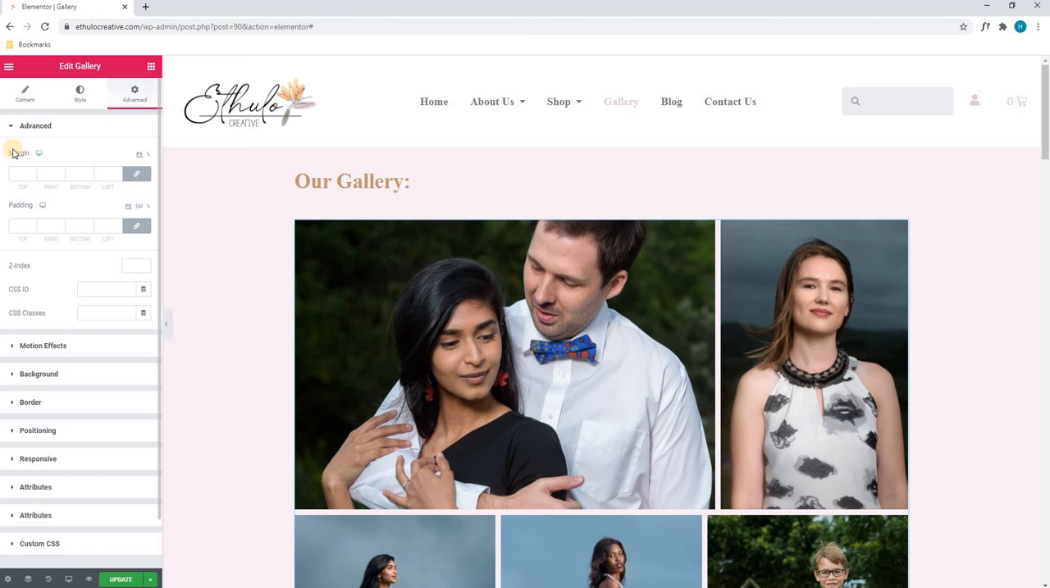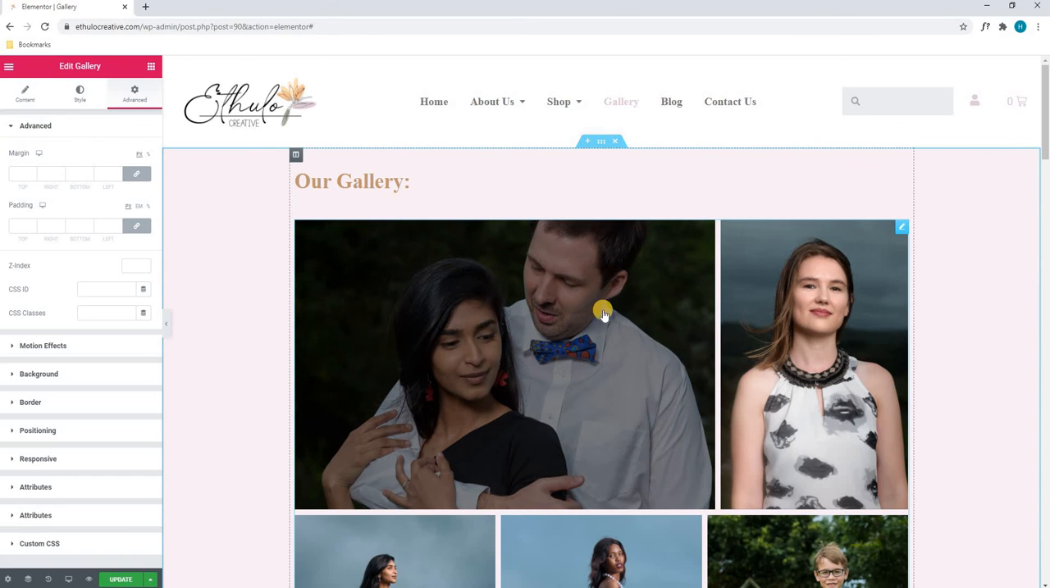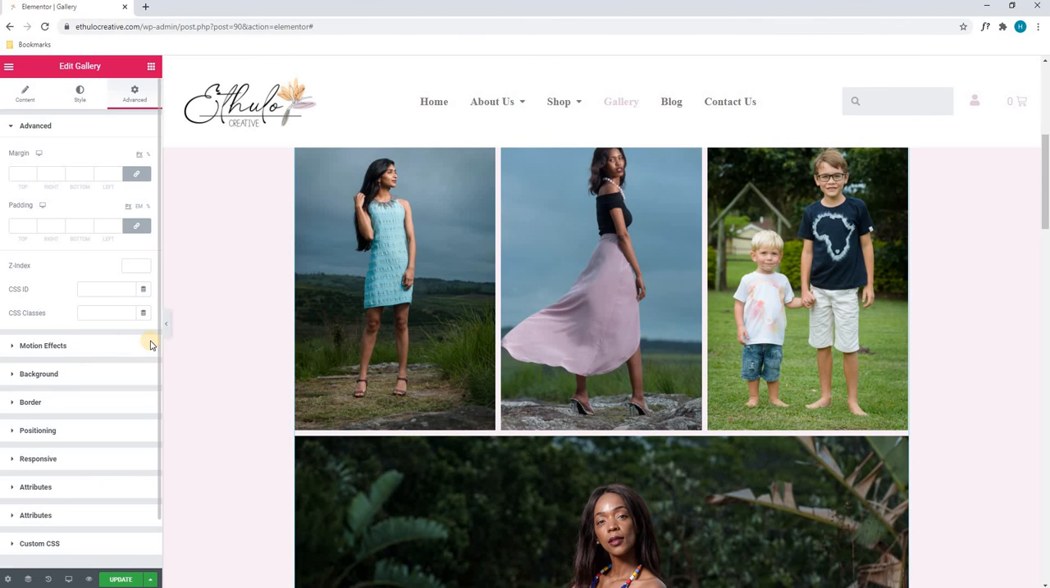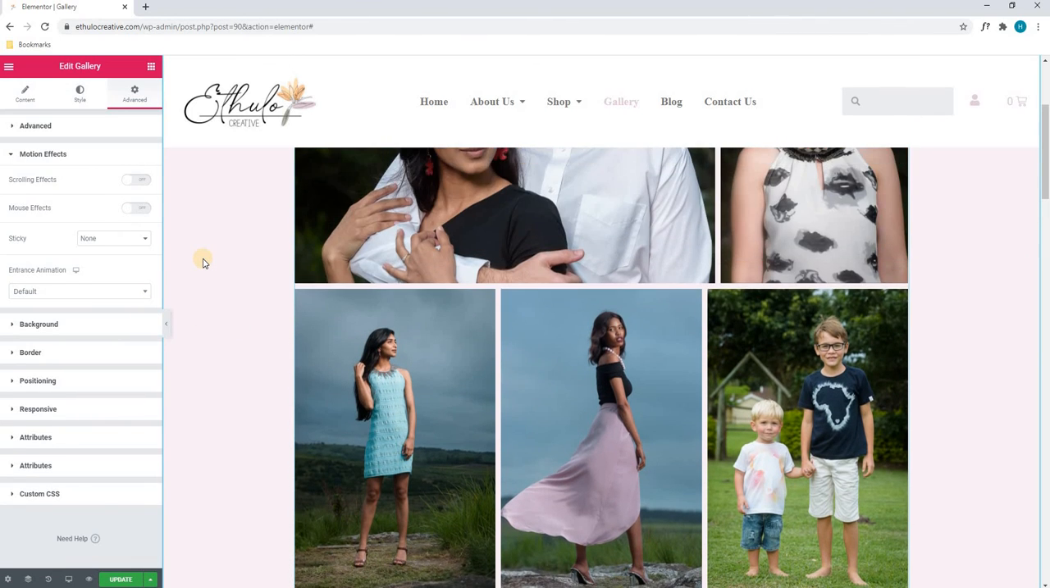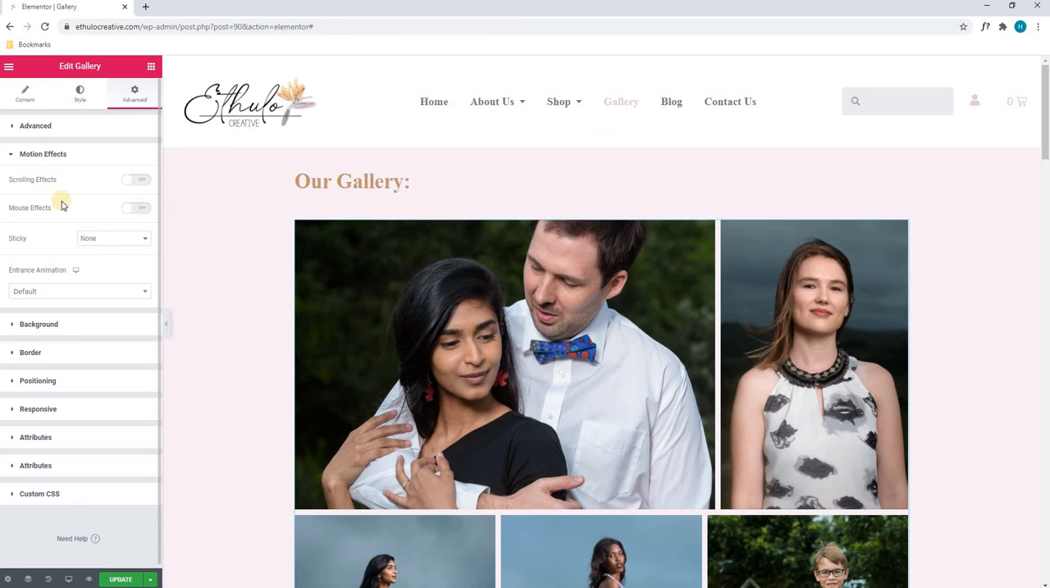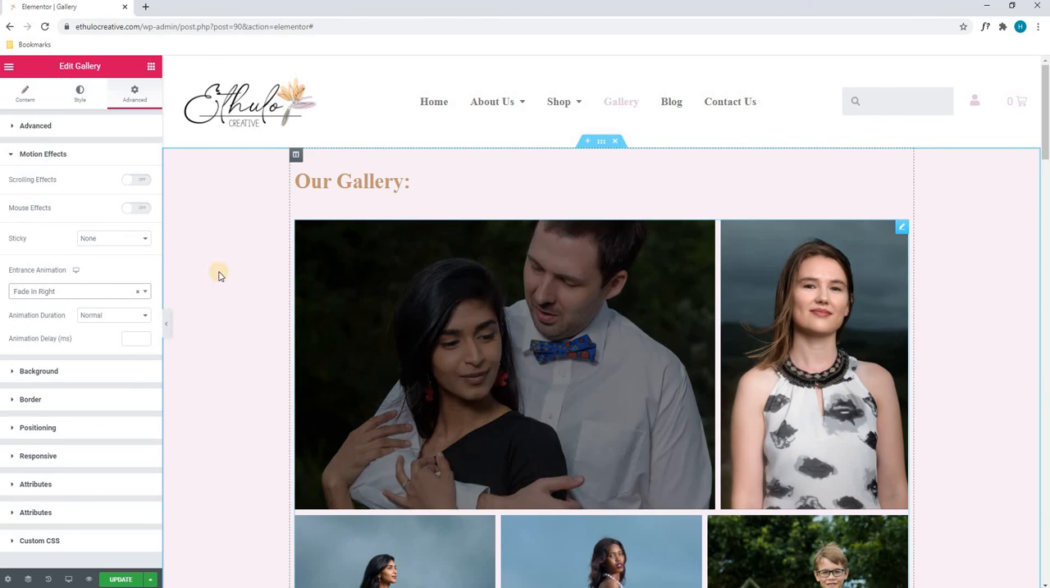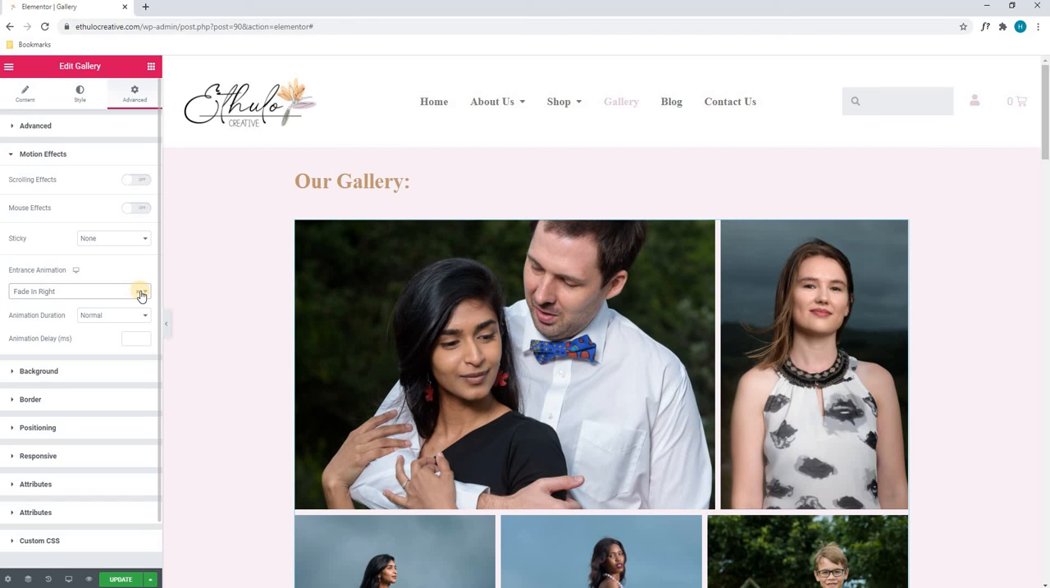Lastly, in our advanced tab, you do not need to worry about this, as we can see that the margining and the padding is set to default. Again, we can go to our motion effects, and in here we can add scrolling effects, mouse effects, make the option sticky, and change the entrance animation. By selecting the type, we will see that the whole gallery will fade in from the right. We will select that back to default,